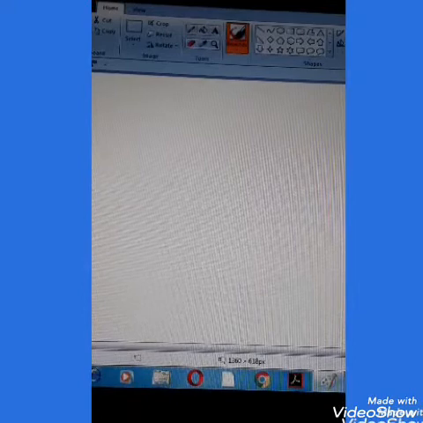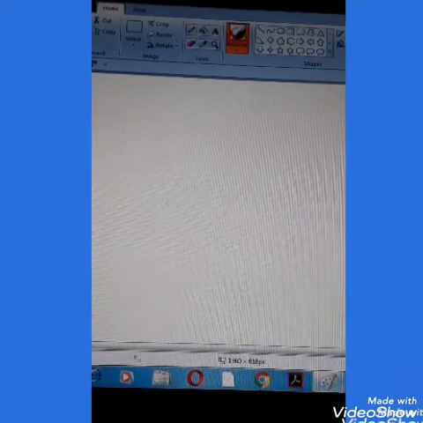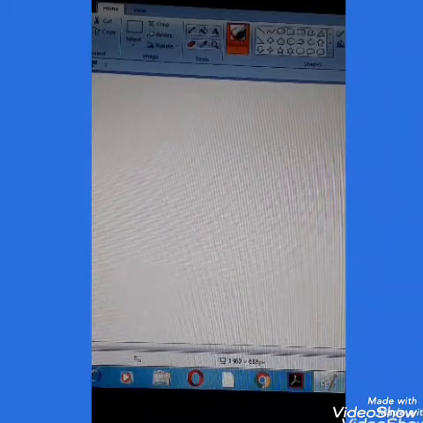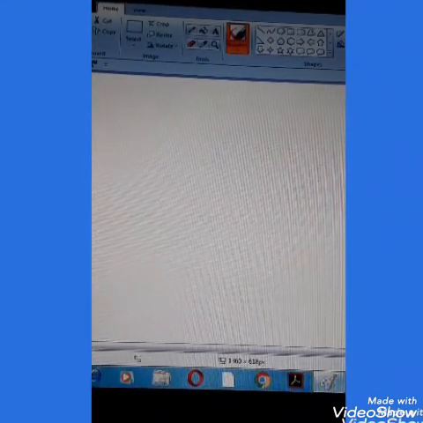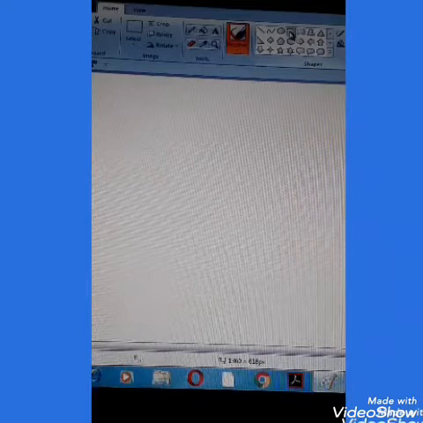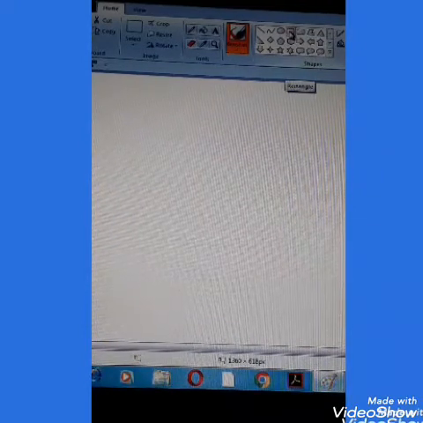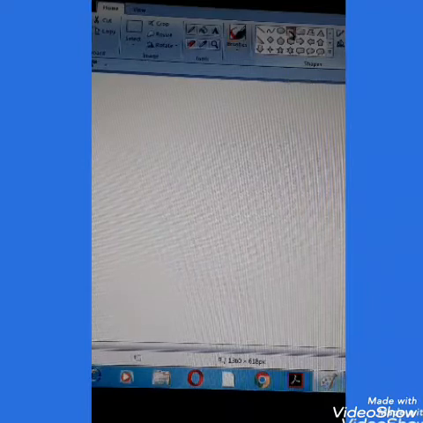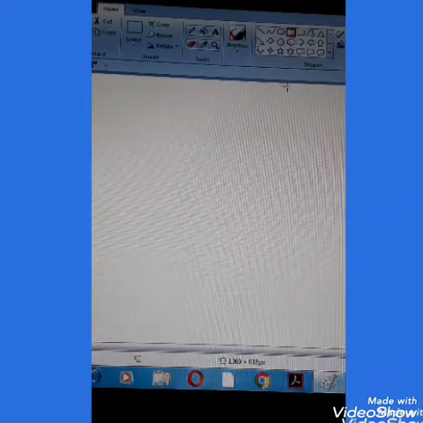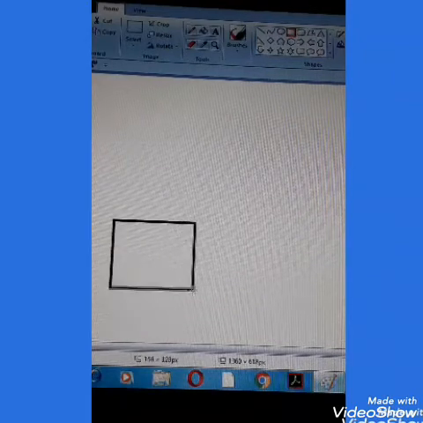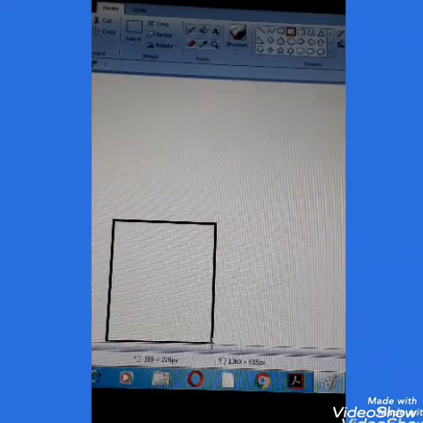So children, as I have told you, we will do a scenery here. So now I will start the scenery with drawing of a house. For the house, I am going to take the rectangle tool. You can see where I am selecting it. Now once you select, you have to take the cursor here and draw a rectangle. Okay children?